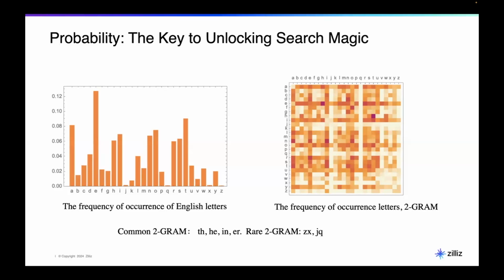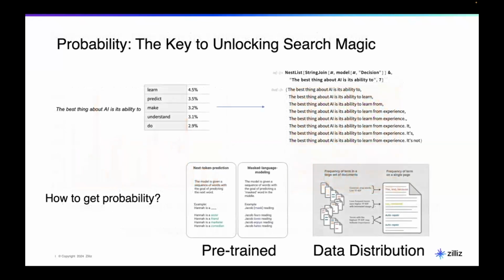Same here for 2-grams. If I put 2 letters together, you definitely see some patterns that actually don't show up, such as ZX, JQ, but some of them are very popular, such as TH, right? Okay, so the same thing happens when we put in not only letters but tokens. That's how a large model works, just predicting your next tokens, right? With enough training data, you know what the highest probability for the next word could be, and you know which letters or tokens are most similar, right? So the question is, how do I improve the probability, right?